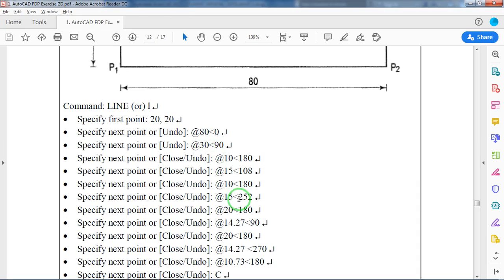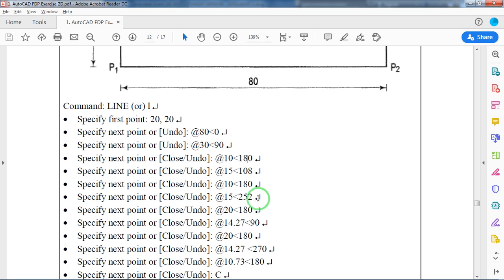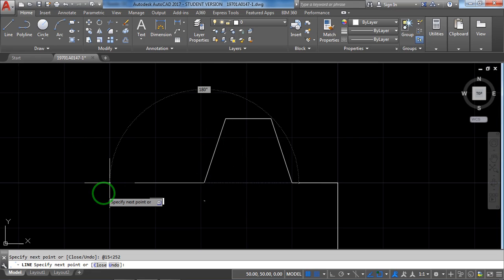Again inclined towards down. 15 less than 252 degrees, came down. Right, next at the rate 20 less than 180 degrees towards left.